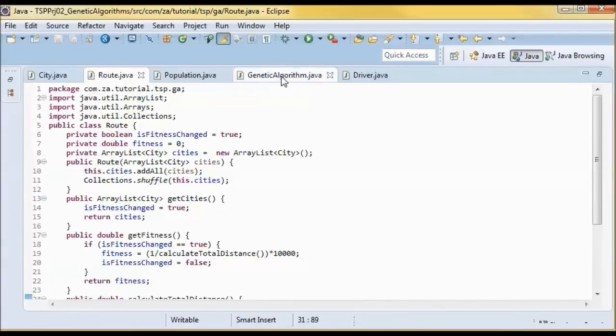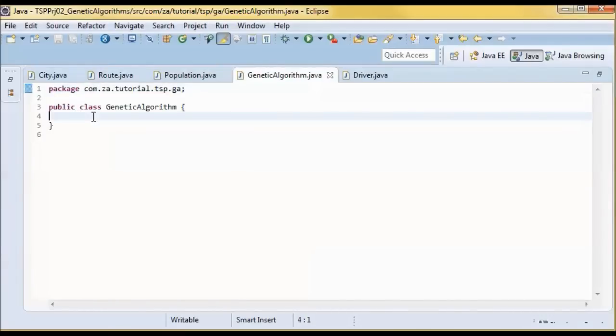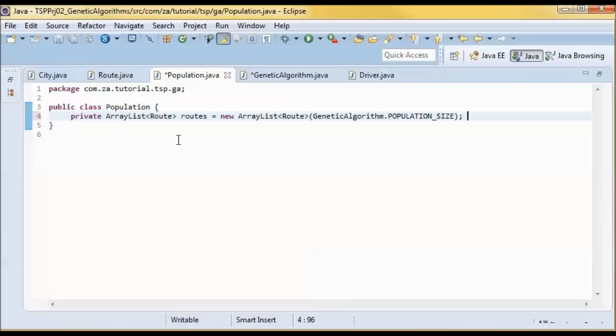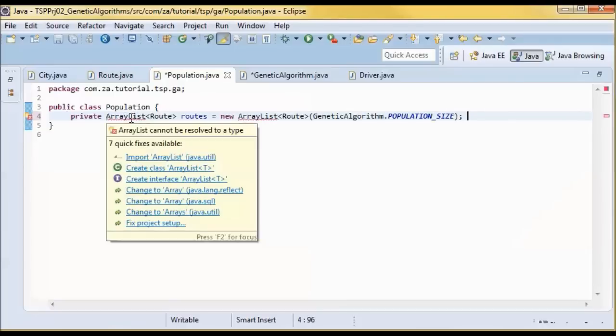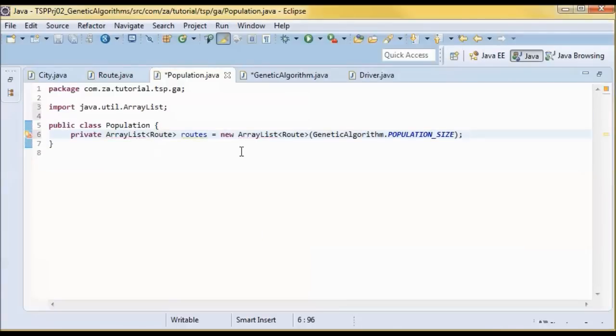Next, going to the genetic algorithm class, we define this population size. So this is the number of routes in a generation, and now in the population class I will have an array list of routes set to the size that we just set, population size.